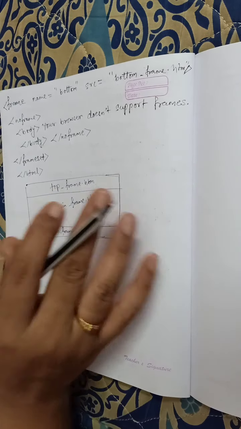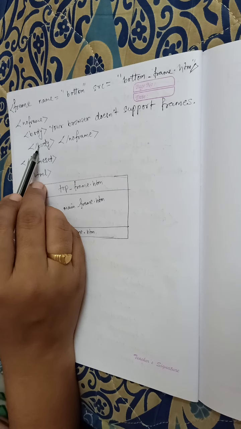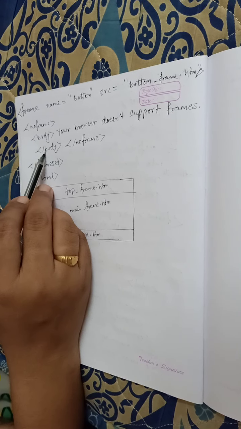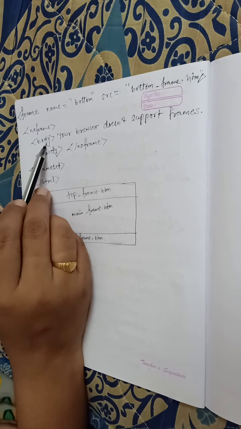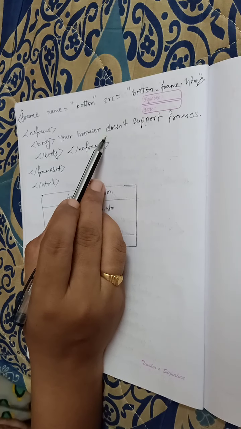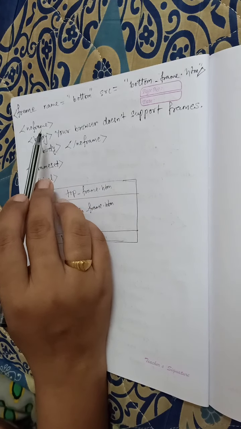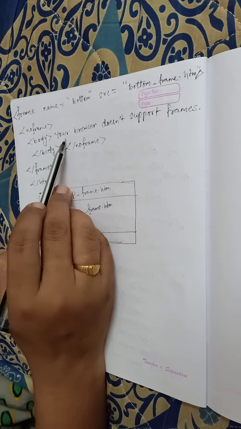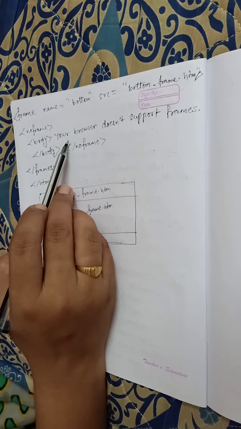Okay. So you can mark here that till now whatever we were writing was inside the body tag. But for frames, when we are mentioning the frameset and frame, those are to be mentioned before the body tag. What we write inside the body tag is only a message which should be displayed in the exceptional case. What is the exceptional case here? If my browser does not support the frameset tags, then this message needs to be displayed.